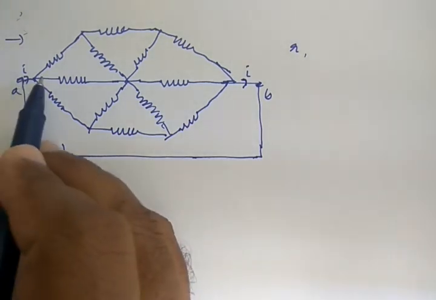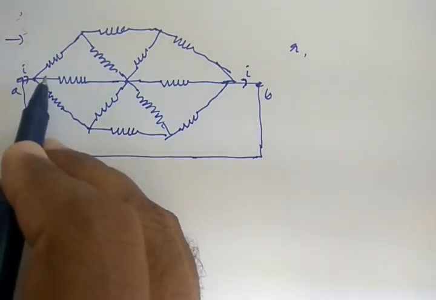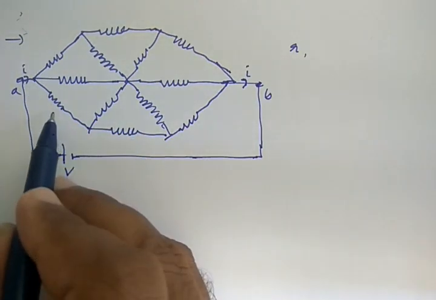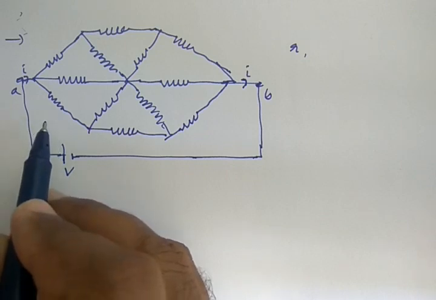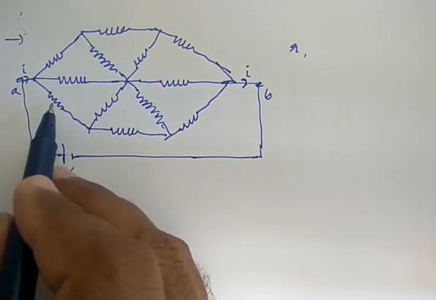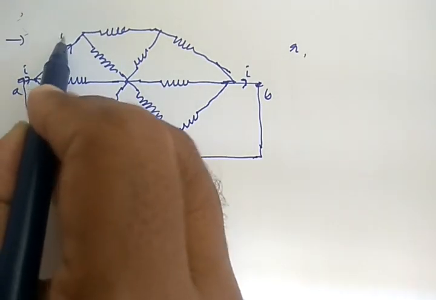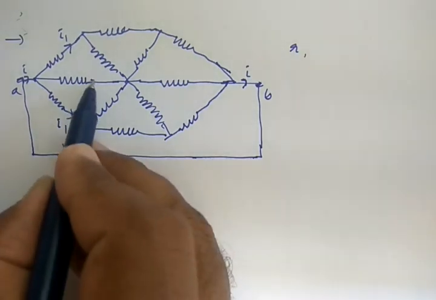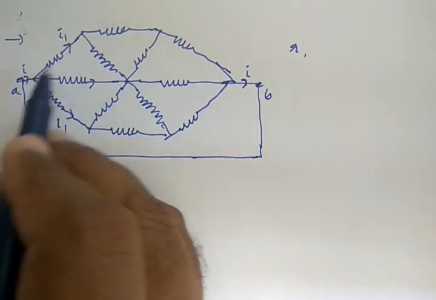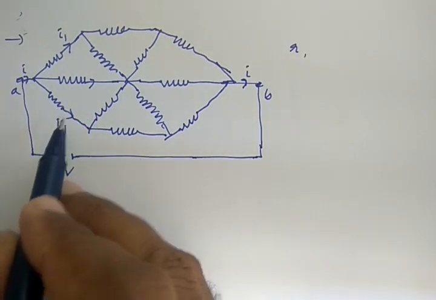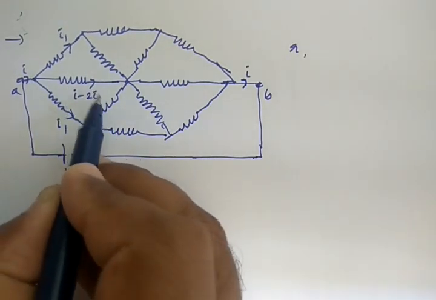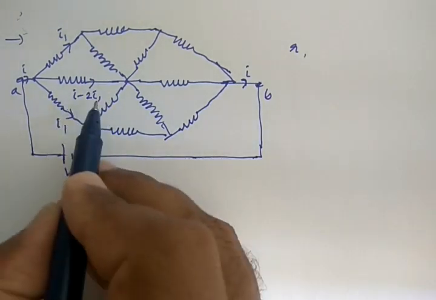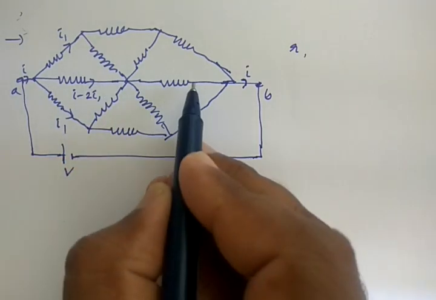Say I is meeting a junction here, and there are 3 connections, and out of 3 connections, this one and this one both are similar. So if I1 is the current going through this line, then I1 must also go through this line. Then the remaining current, because the whole current is I, I1 is going there and I1 is also going here. So the remaining current I minus 2 I1 must go through this line. And again by symmetry, if I minus 2 I1 is going through this line, the same current must go through this line.